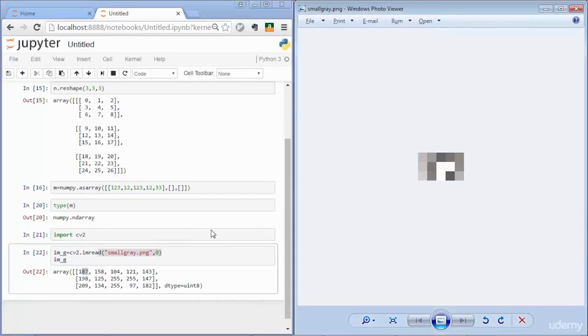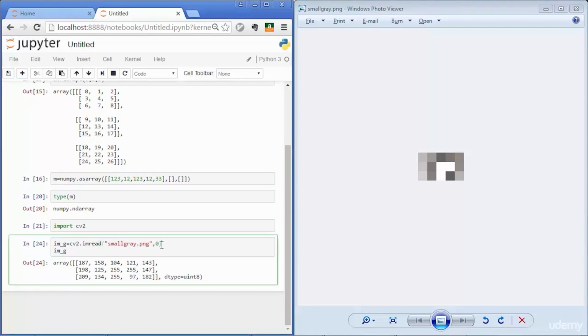And then you have the other numbers, and for white, you see white here, we have 3 white pixels. And those are 255, all of them. Colors range from 0, which is black, pitch black, to 255 for white, and everything between them is in the grayscale. So now if I change this to 1,